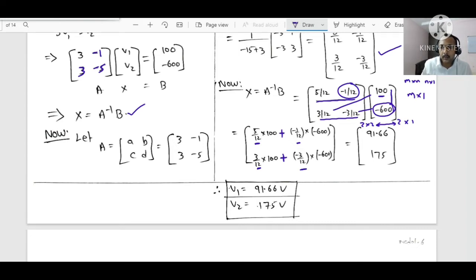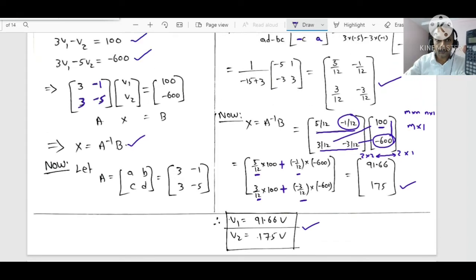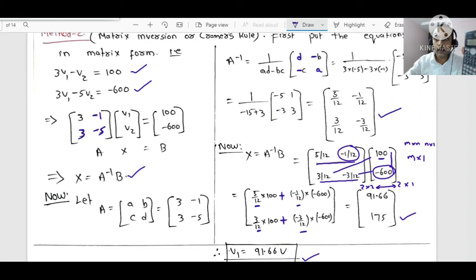Just on doing simplification with the calculator, you will get 91.66 and 175. In the two ways we have solved this problem, two equations. One more thing is, you can take your calculator. In the first year level you will use this calculator during exam, okay, and you can press this mode button